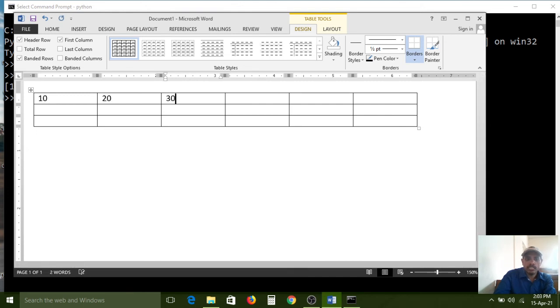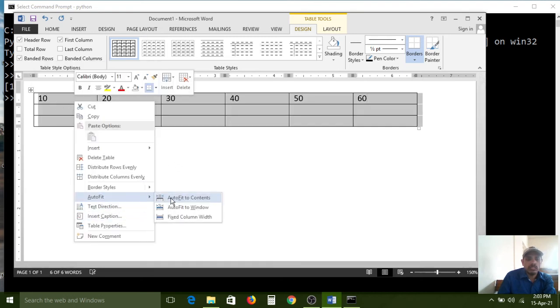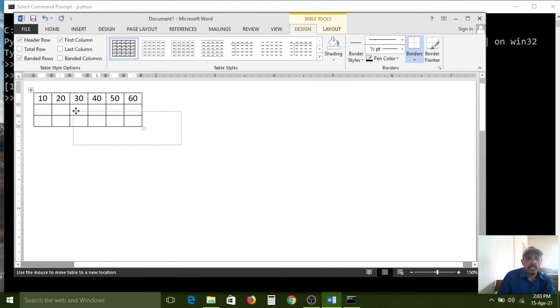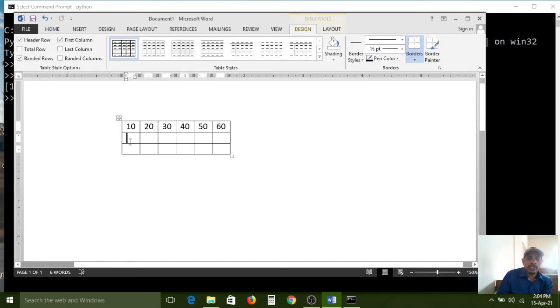10, 20, 30, 40, 50, 60. So all of you carefully observe. Like that, side by side, the memory will be allocated for the list items. For each and every item, it can store a different memory cell address, but side by side those elements can be stored. And if you want to access individual elements in between, indexes are very useful.